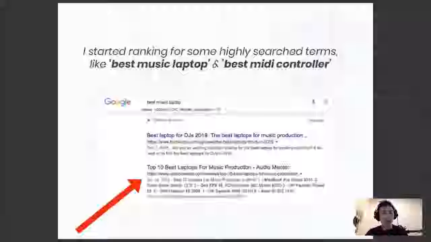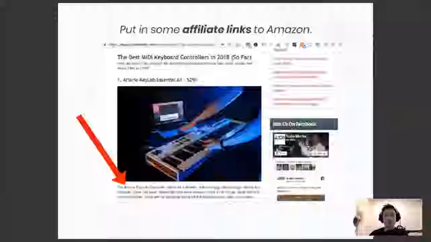Like best music laptop and best MIDI controller. So these are industry terms, but basically these are terms that people are searching for online. Okay, so basically what's going to happen is that when people search for terms like this, you rank online, right? So what's going to happen is when they click on it, what I did is I actually put in some